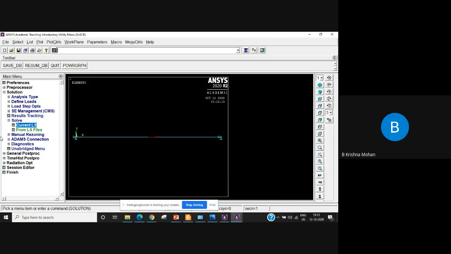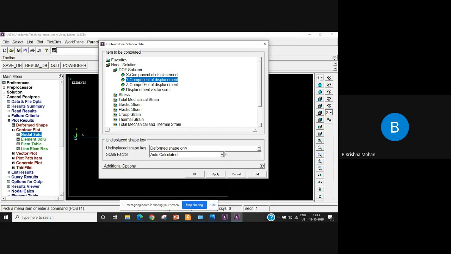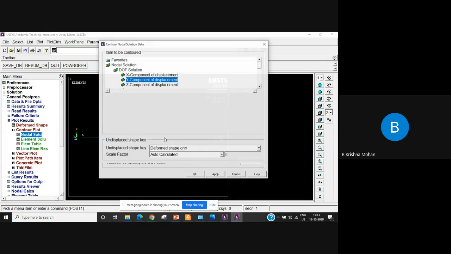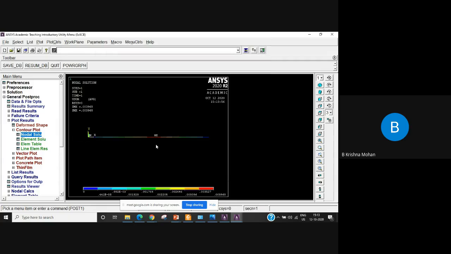Now you can view the results. Okay. I want to plot the results. Initially, I want to see the deflection. So I'll go under plot results now. I want to go for nodal solutions. Use vector sum. Click OK. See, the value is maximum here. You can also compare this with